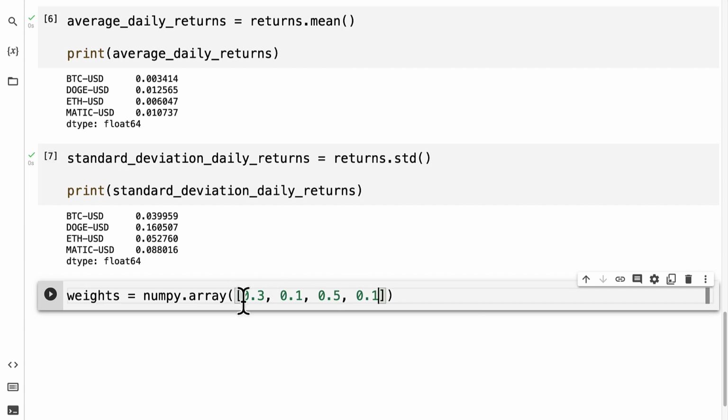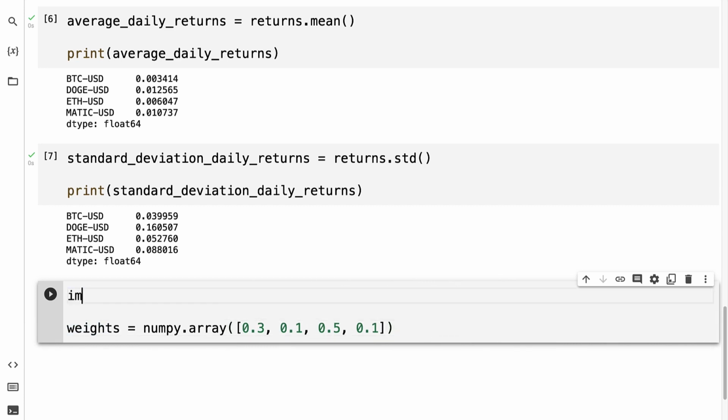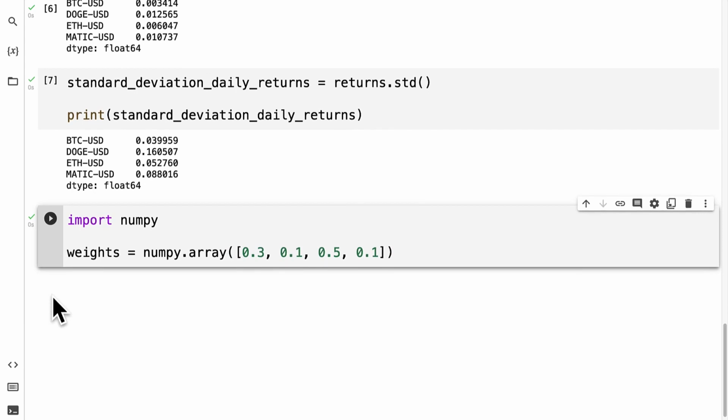So in total, you should add this up to be 1 because it's 100% represented as a decimal. So we have 30, 40, 90, 100. So these will be the weights for each of our stocks. Now we're using NumPy, so we do have to import the NumPy library in order to use the NumPy array